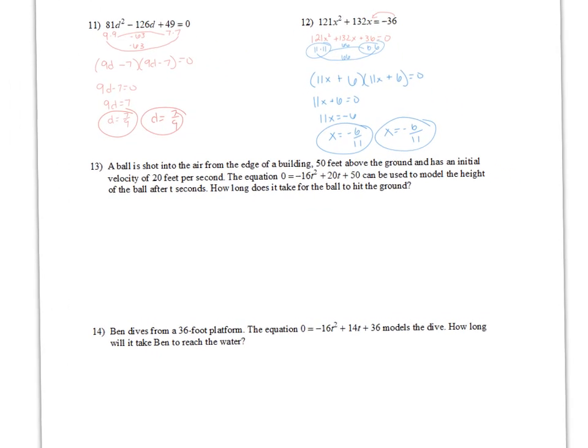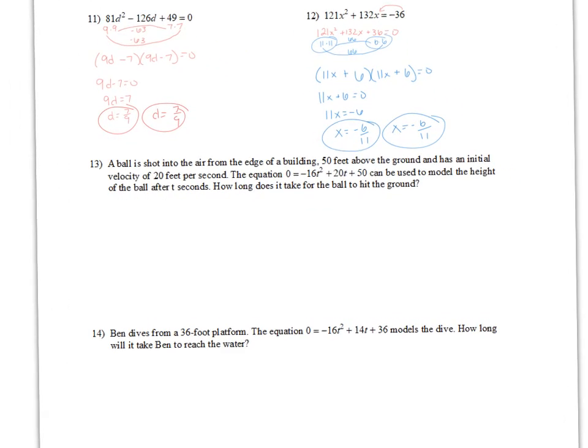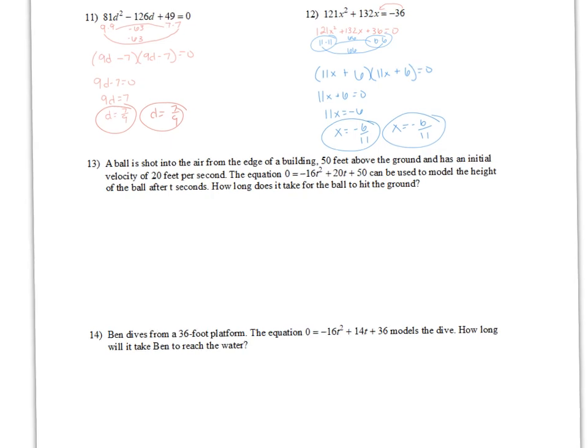Okay, so a ball is shot into the air from the edge of a building 50 feet above ground and has an initial velocity of 20 feet per second. The equation 0 equals negative 16t squared plus 20t plus 50 can be used to model the height of the ball after t seconds. How long does it take for the ball to hit the ground? Okay, so when I'm looking at this, they've already written the equation for us. So our job is just to figure out